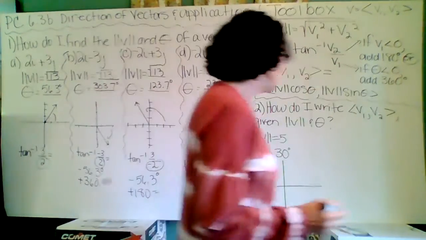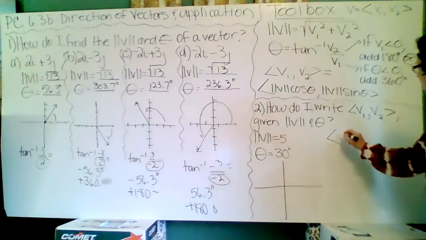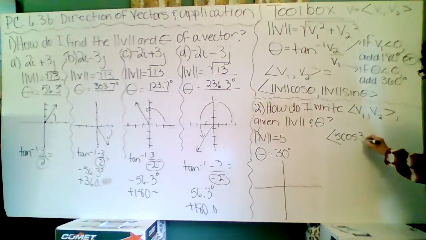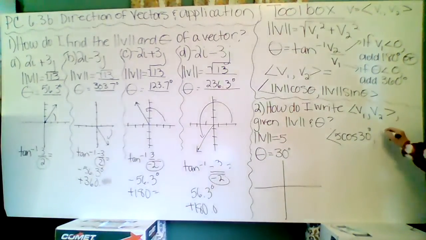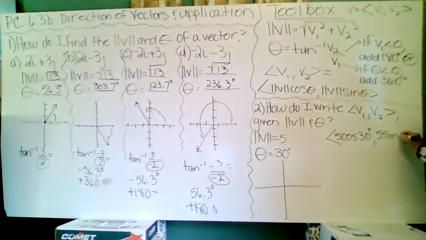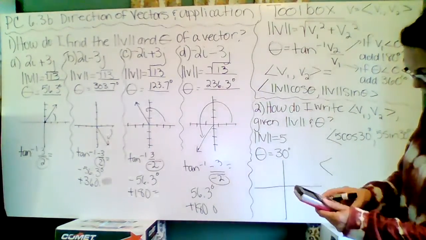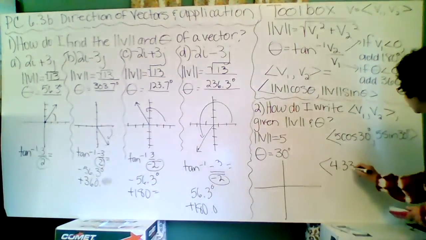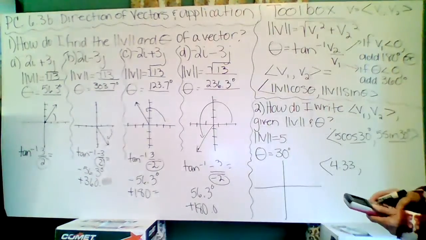Number 2, how do I write the vector V1, V2 given the magnitude and the angle? It's really simple. Let's do the algebra from the toolbox above. It would be the magnitude times cosine of the angle, our angle being 30 and our magnitude being 5, comma 5 times sine of 30. So super easy. In degree mode in the calculator, I'm going to do 5 cosine of 30, 4.33. I could also use these values from the unit circle, and 5 times sine of 30,